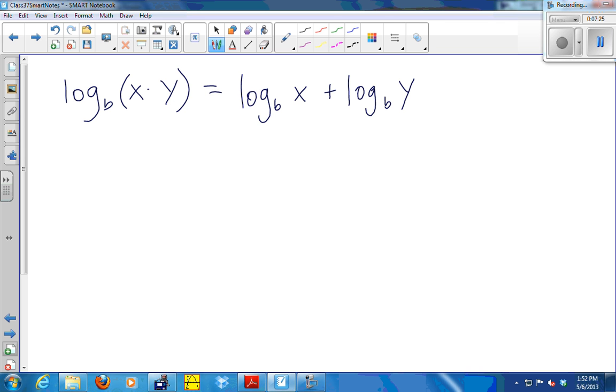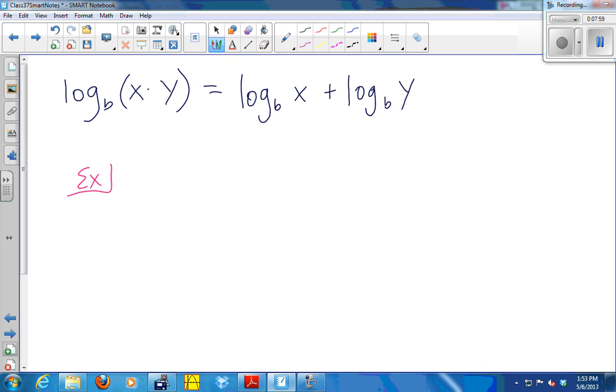So the reason has to do with the fact that logs and exponents are tied together. And when you multiply like bases, you add the exponents, right? So we have this multiplication, addition, connection. And I'll spell it all out for you exactly where it comes from. But if we did x times y first and then, yes. Yep. So actually, let's do an example before we prove it, so we can kind of convince ourselves that